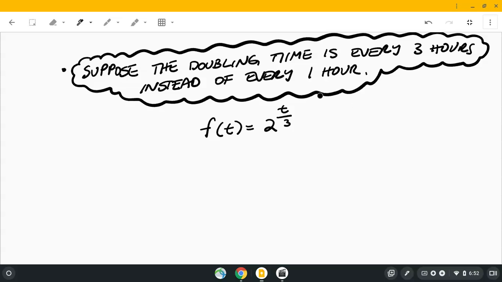Okay, so here, if you plug in 3, we see we get 2 to the first. And then when we get to the second, that happens at 6 hours. When you plug in 6 hours here, 6 divided by 3 is 2. And the next time you multiply by 2 is at 9 hours. And the next time, every 3 hours, you'll be multiplying by 2. Okay? All right. So in general,